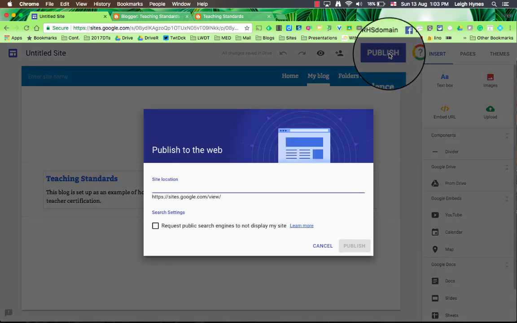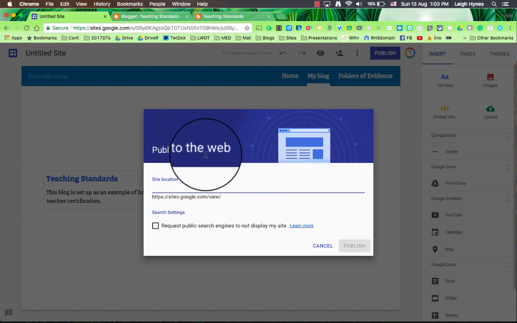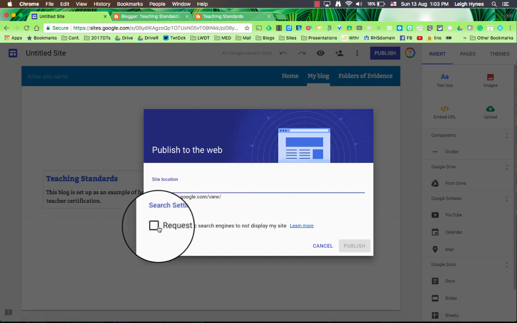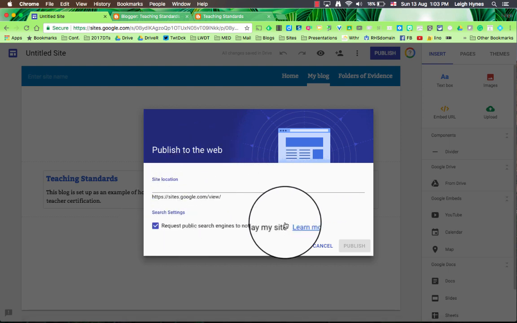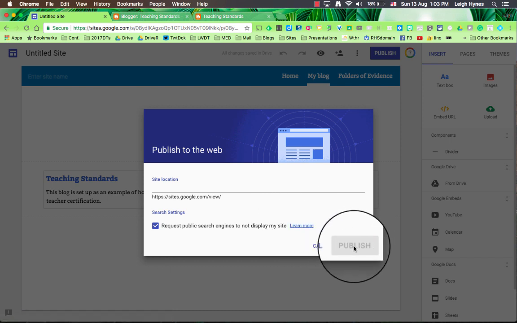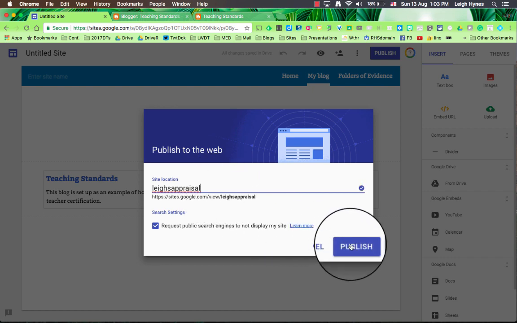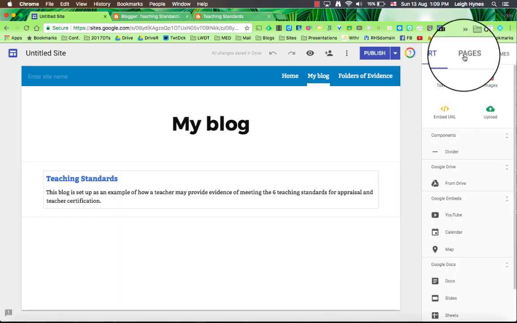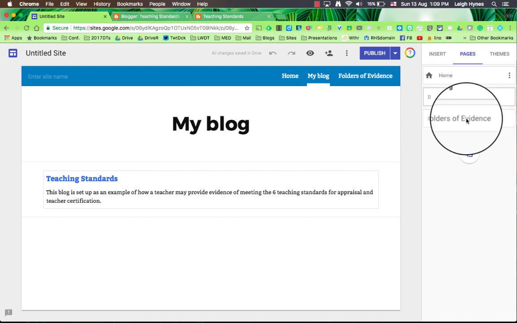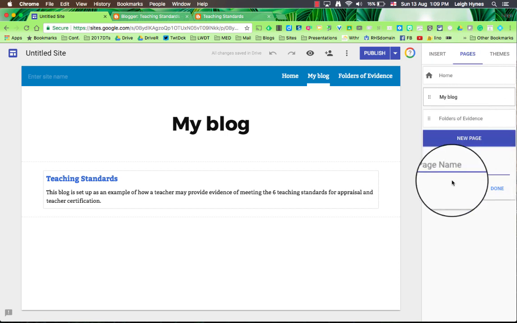I'll just click on publish. You can see it's going to the web, and I'm going to request that search engines do not display my site. I'm going to call it Lee's Appraisal and publish. Another page you might consider adding is one which has all of the standards,